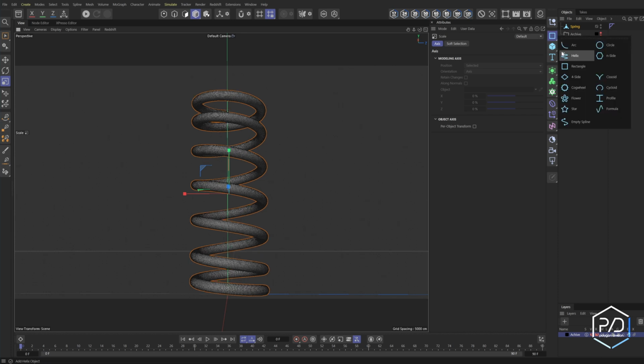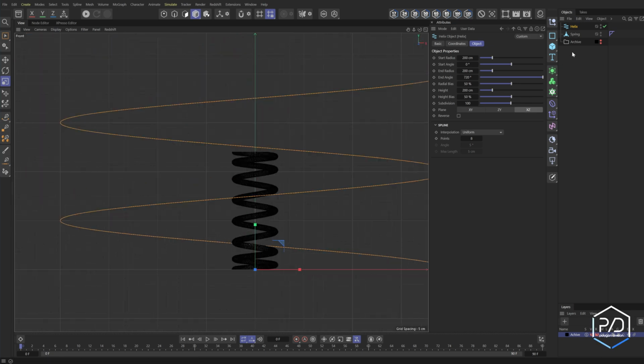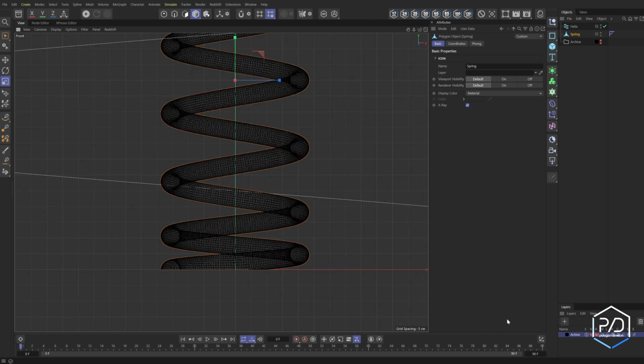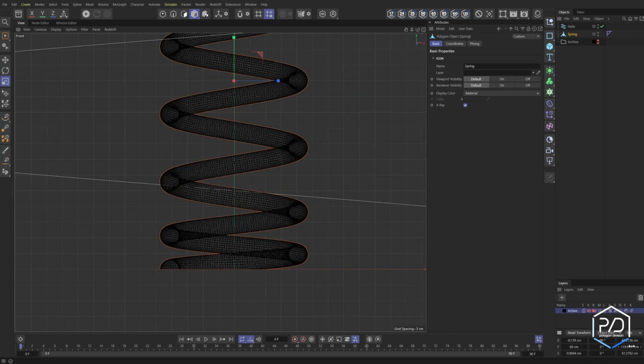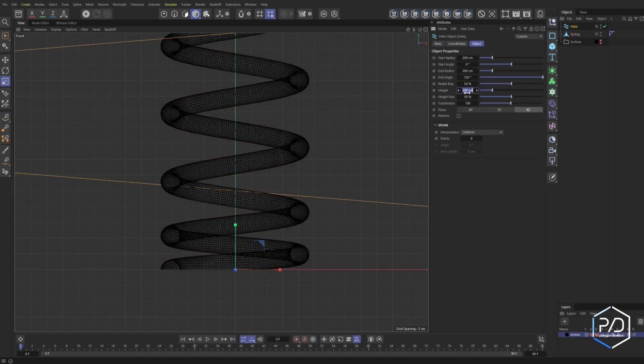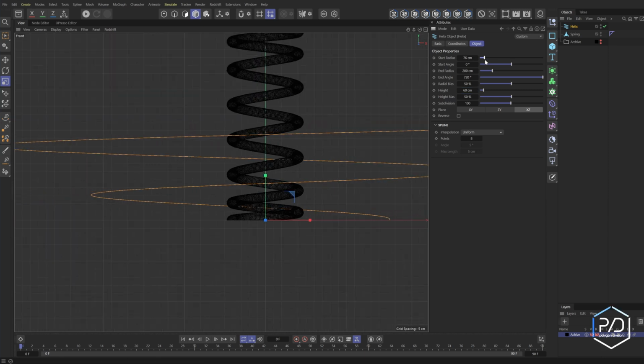To do that, we're going to add a helix and set it to vertical. Then I'm going to go to the side, and you'll notice the spring I placed right at 0, so it rests directly on the bottom. If I go to the coordinates, you'll see the height is 120, and that number is really important because it's going to dictate how we build this out. So I'm evening it out, it's pretty much 120 on the height. I'll set the height of this to 60, which is half, and I'll explain why in a second. Then we need to get the width, so I'll set this in, and I know the value is 20.5